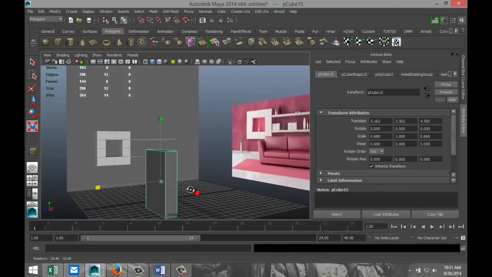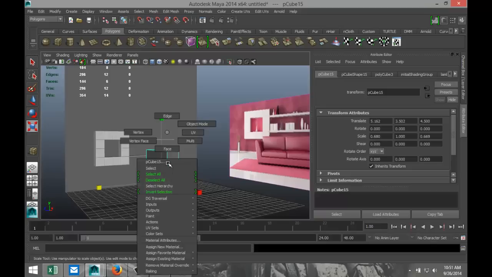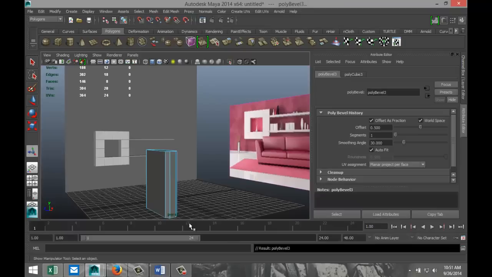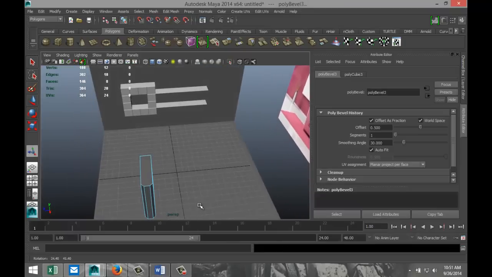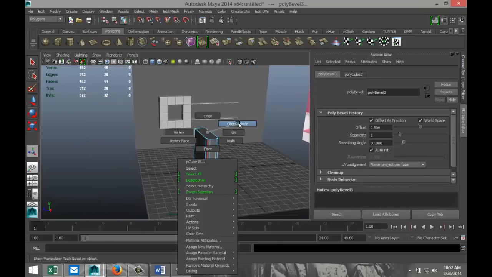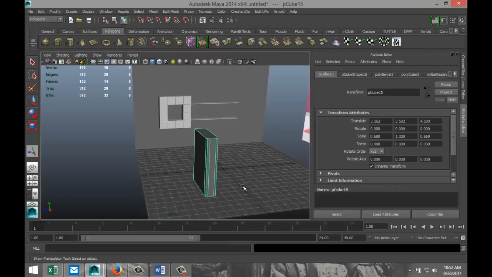All right. We're going to right click, go to edge. We're going to select those two, go to edit mesh and bevel, something like that. And maybe increase the segments just a little bit. Just go to 2. All right. Okay, we're going to right click on that, go to object mode, select it, hit R, scale it down quite a bit,